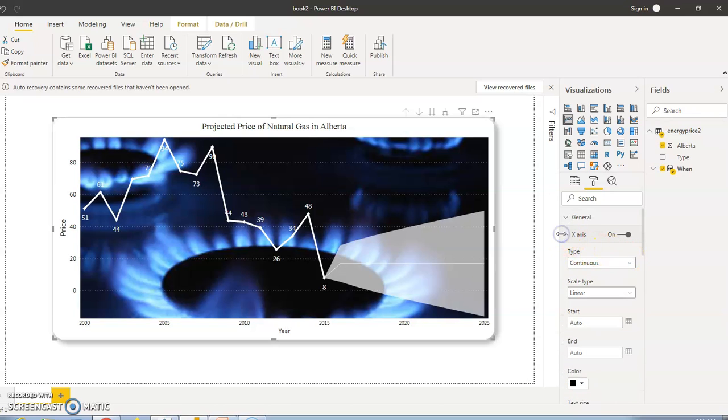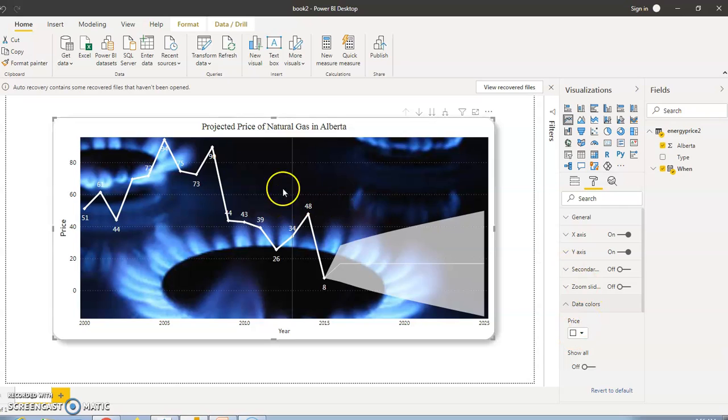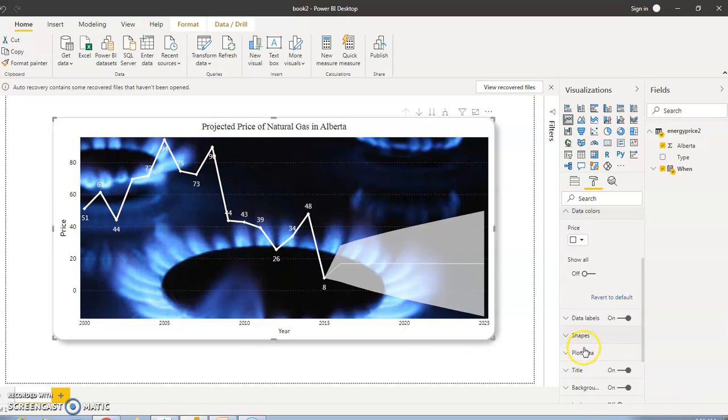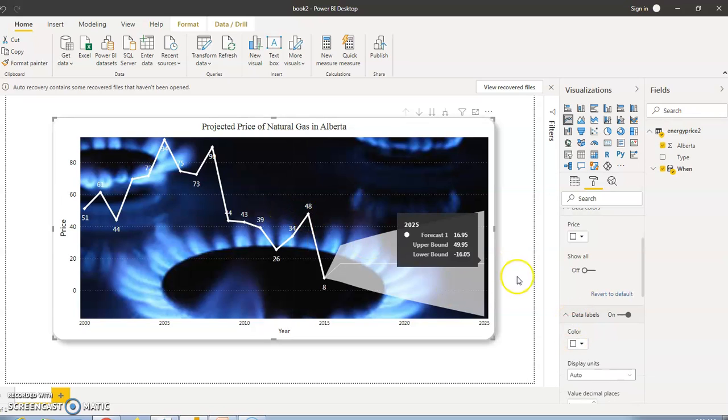This is for the x-axis, and likewise we can use the y-axis. Then data colors: I have chosen white because we have a black or darker background, so I thought I'd give a contrasting color for the data. Then the data labels, I have given as white too.